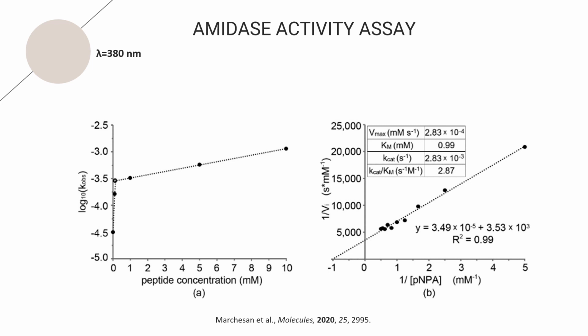For each peptide concentration, hydrolysis will be monitored at increasing substrate concentrations and absorbance measurements at a wavelength of 380 nanometers will be taken as a function of the concentration of the formed product. Finally, the ratio between the catalysis constant and the Michaelis-Menten constant will be obtained, which is an evaluation of the peptide's ability to catalyze the specific reaction, and it can be used for comparison with literature data.